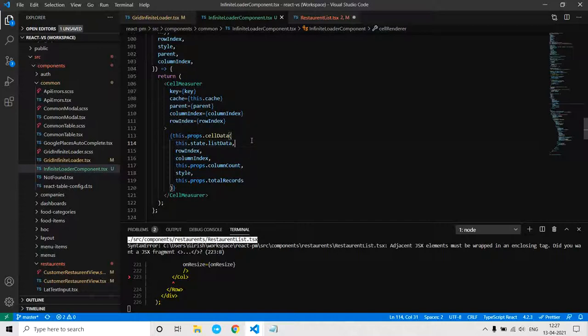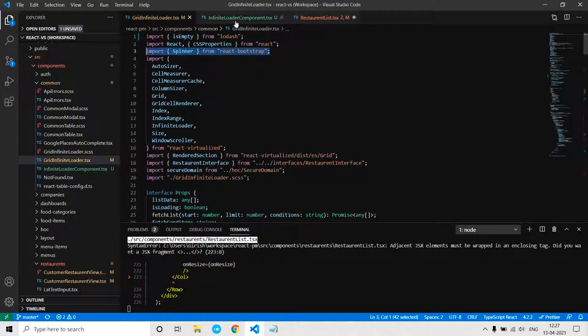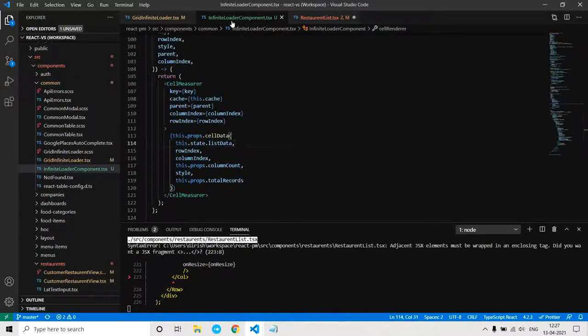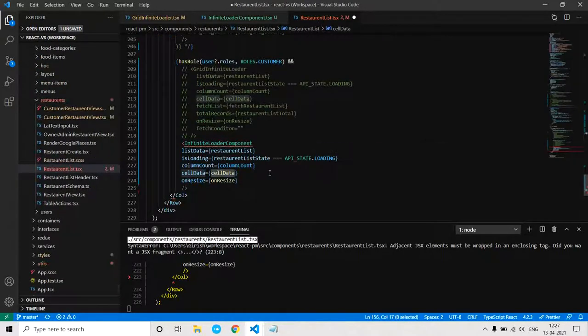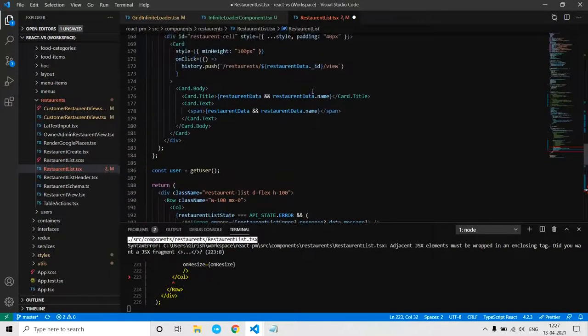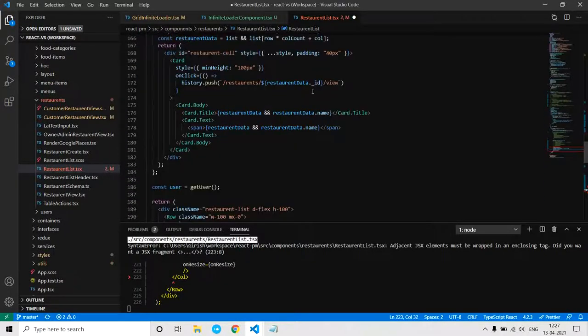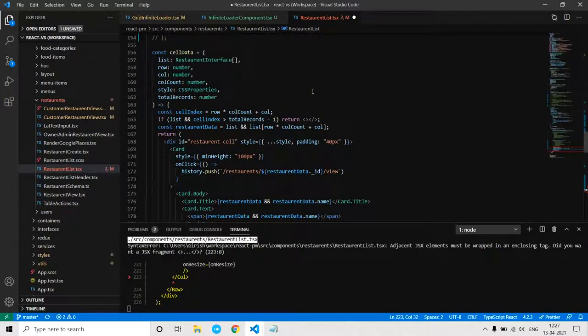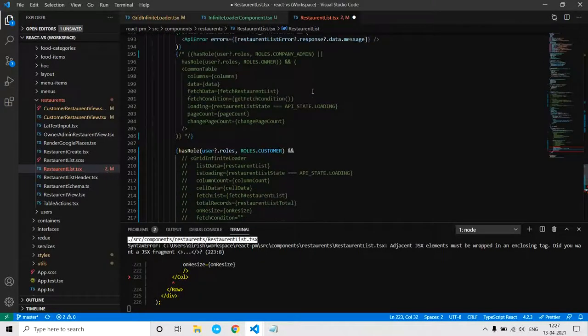This is the flexibility that this component provides. We are just calling the function that we passed in the parent component, and we have very fine control over this cell data content. We have list data, we know the row and column index, so what else do we need? We can have anything we want in this cell data.